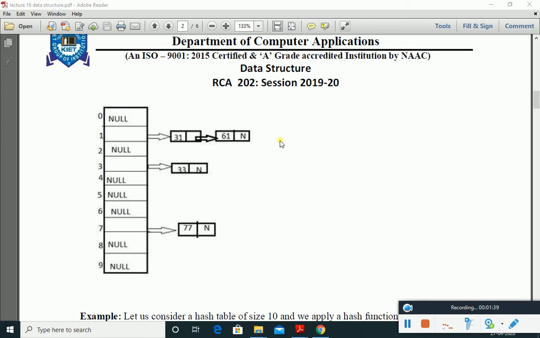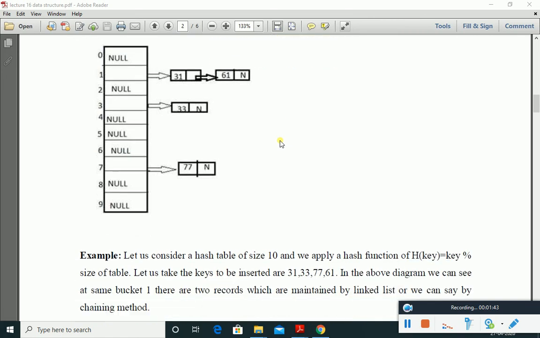But this method has certain limitations. You need to implement the linked list with the number of records. If the record has a large amount of data, then it is difficult to store in a single node. And most of the headers may remain empty. A few of the linked lists can be long and a few of the headers can remain empty forever.